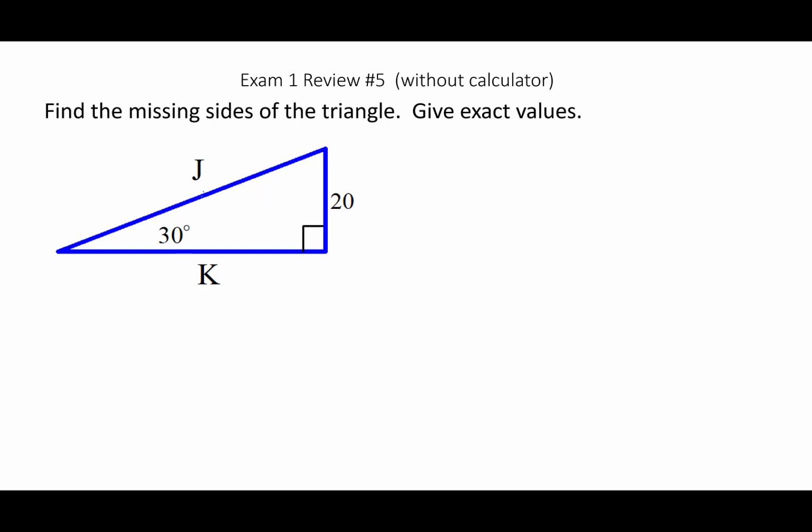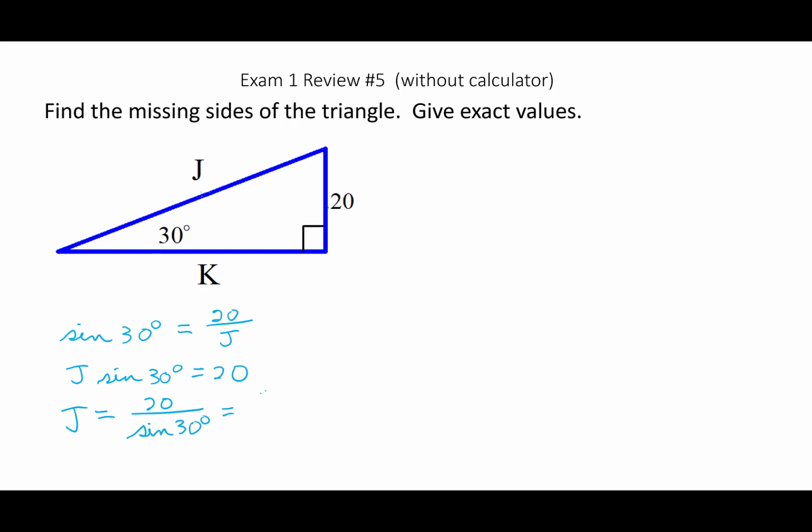So I think I'll start with J, being that J comes before K in the alphabet. And so to find what J is equal to here, well, I can see that I have the opposite and the hypotenuse that I'm working with, which tells me I probably want to use the sine of 30 degrees. And the sine of 30 degrees for this right triangle would be 20 over J, opposite over hypotenuse. Multiplying both sides by J, I have J times sine 30 degrees equals 20. Then dividing through by sine of 30 degrees, we get J equals 20 over sine of 30 degrees,